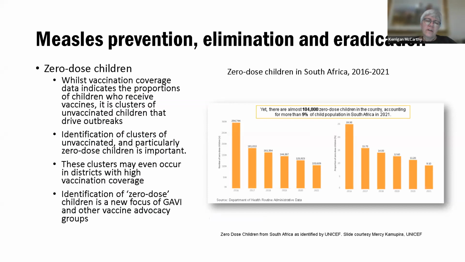So the problem with zero-dose children and children who have not received any measles doses is that it takes a cluster of these unvaccinated children to allow for a focal outbreak that then may spread more broadly into the community. And therefore, identification of clusters of unvaccinated and zero-dose children is important. And so while we might look at the vaccination coverage where we want to try and achieve 95%, what's also important is to identify provinces that have the largest numbers of